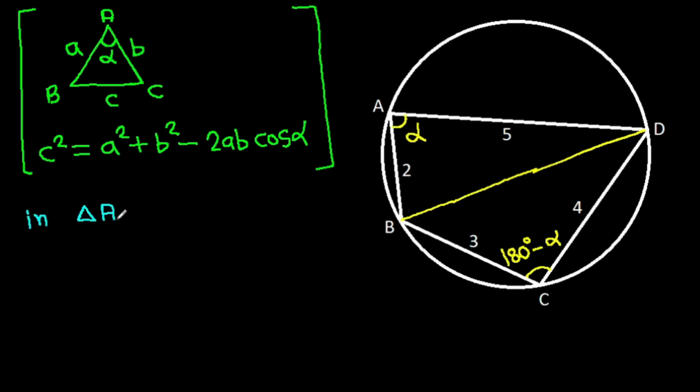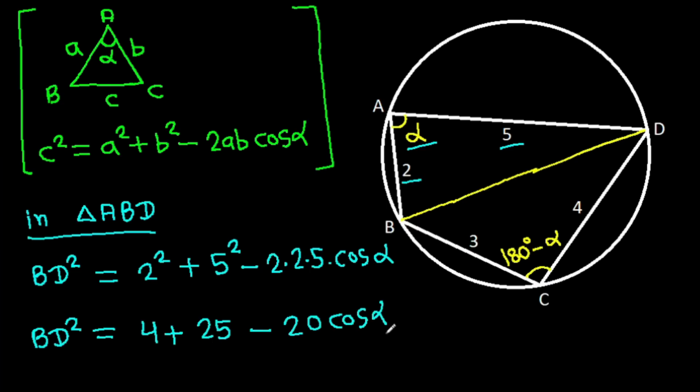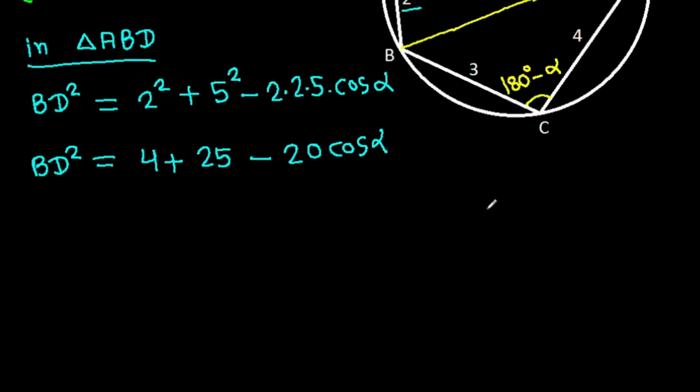in triangle ABD, BD square will be equal to 2 square plus 5 square minus 2 times 2 times 5 times cos alpha, and BD square is 4 plus 25 minus 20 cos alpha, and BD square is 29 minus 20 cos alpha, and